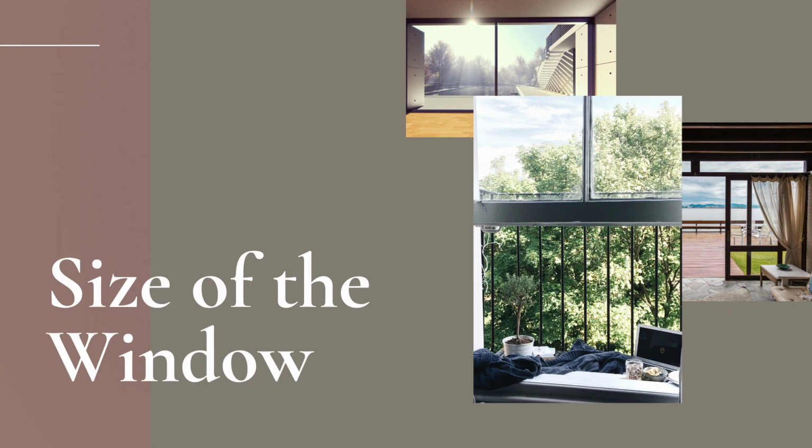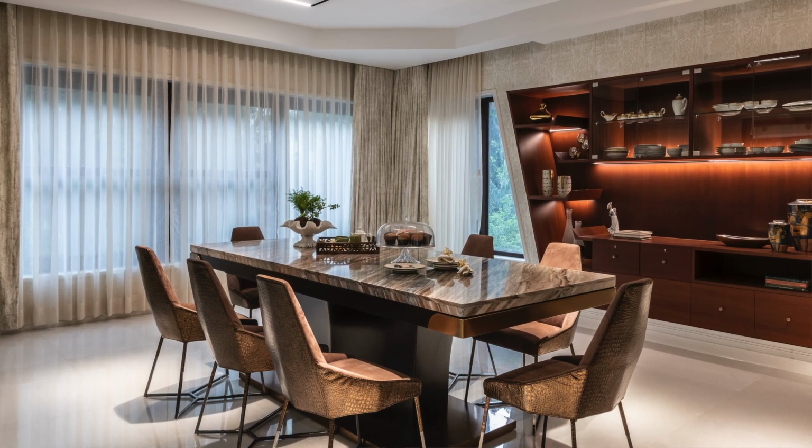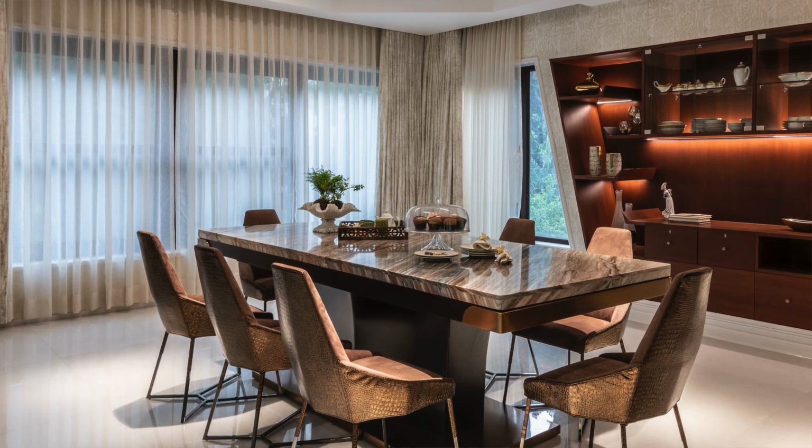Okay, now firstly, keep in mind the size of the window and its dominance in the room. If the window occupies one full wall of the room, I recommend that you use the floor to ceiling drapes even if the window doesn't come down right till the floor. I love the vertical lines that come in through the folds of the curtains that gives the room a sense